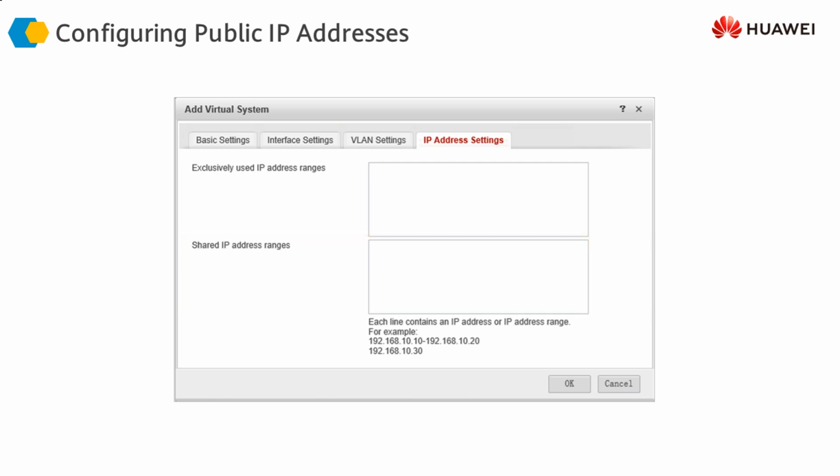Dedicated, or exclusive, IP addresses means that these IP addresses cannot be used by any other virtual system. Shared IP address ranges means that if there are certain shared services running in our network, then we can assign those shared IP addresses to this virtual system, and other virtual systems can also use those shared IP addresses. However, the exclusive IP addresses can only be used by this particular virtual system.